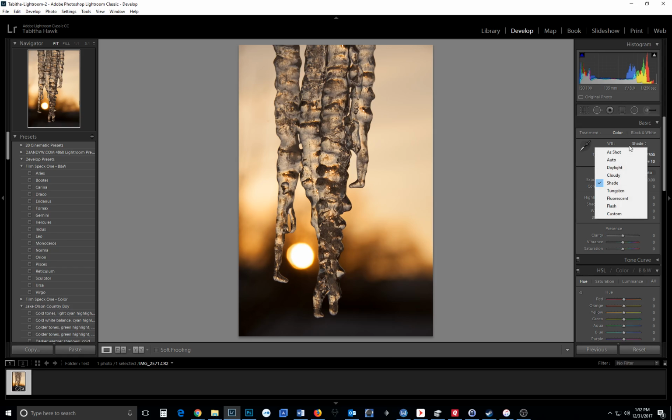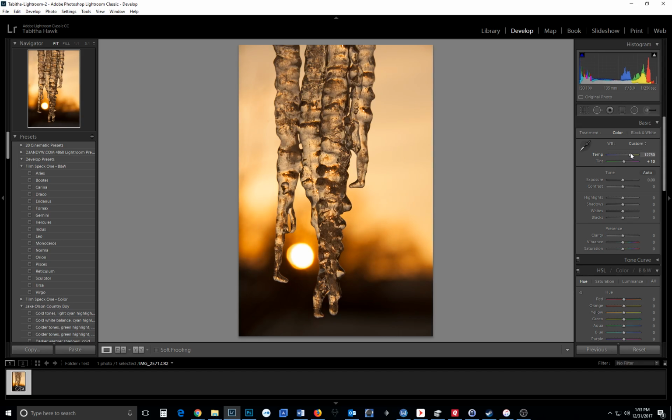So I do shade a lot. But this is how it looks straight from the camera. Auto, nothing really different. Daylight, a little bit closer. Cloudy, a lot better. Shade, definitely what I'm going for. And then a lot of times I'll play with it manually here with the temperature and kind of give it more of a,